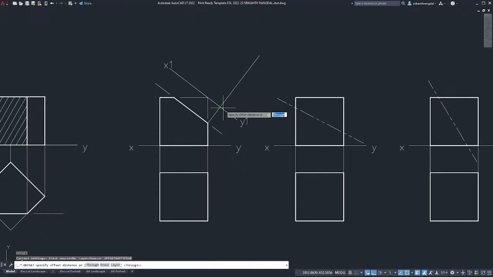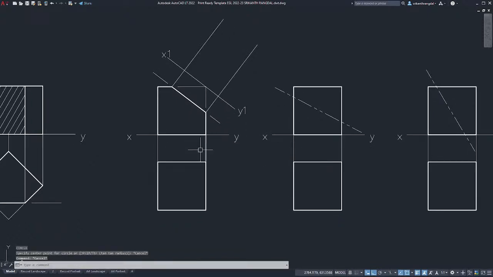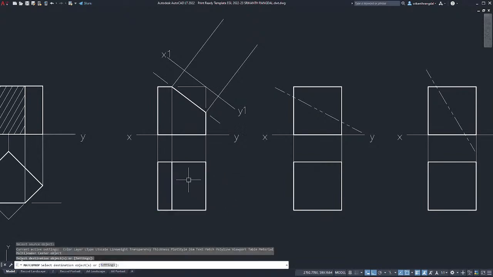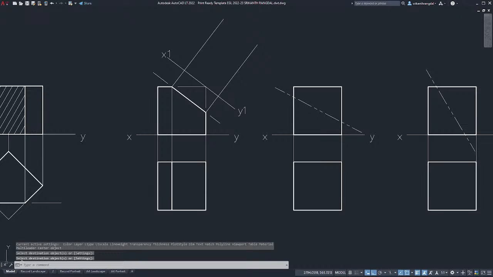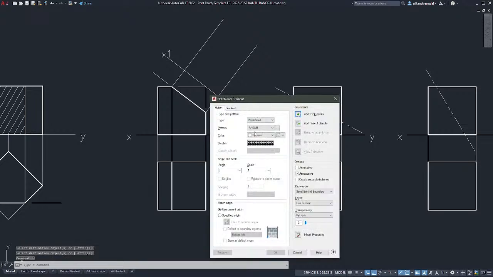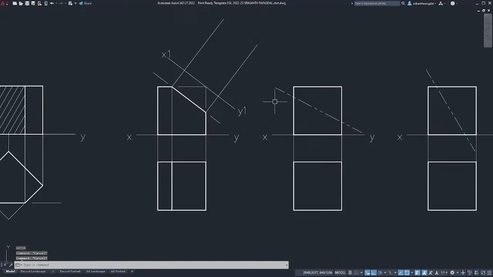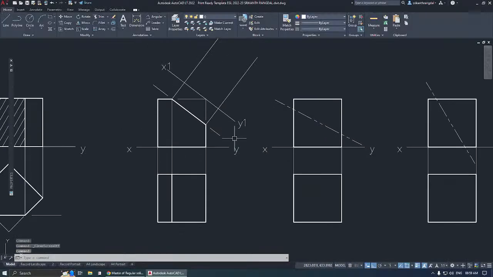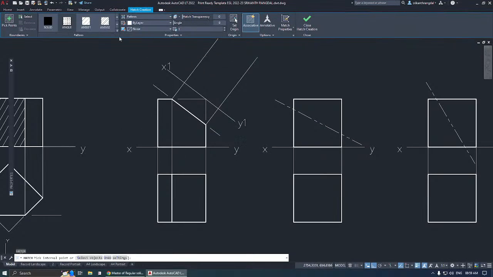And then offset through needs to be used wherever we have an edge crossing. So top view, what happens to the top view? The top face is being cut over here. So we'll get an edge. This is going to remain in section. Go ahead and enter this, choose this option, and